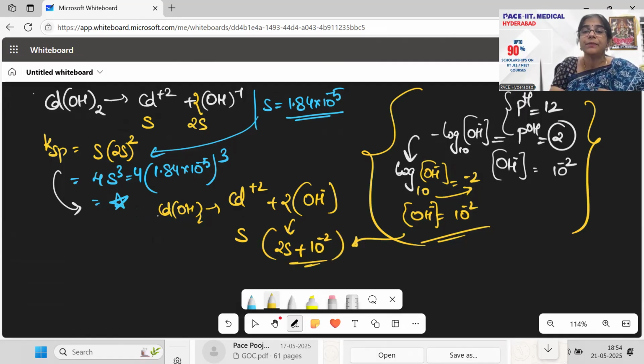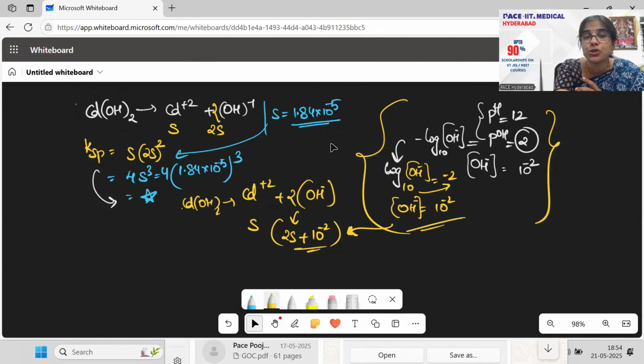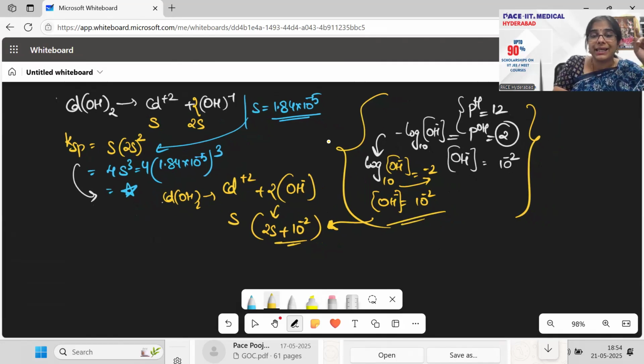Do you get that? Because whenever you're putting something in a solution that already has some pH value, given to us as 12, we need to count those hydroxides also, right? Because we have to dissolve this in the given solution only. So the Ksp value will not differ, right?